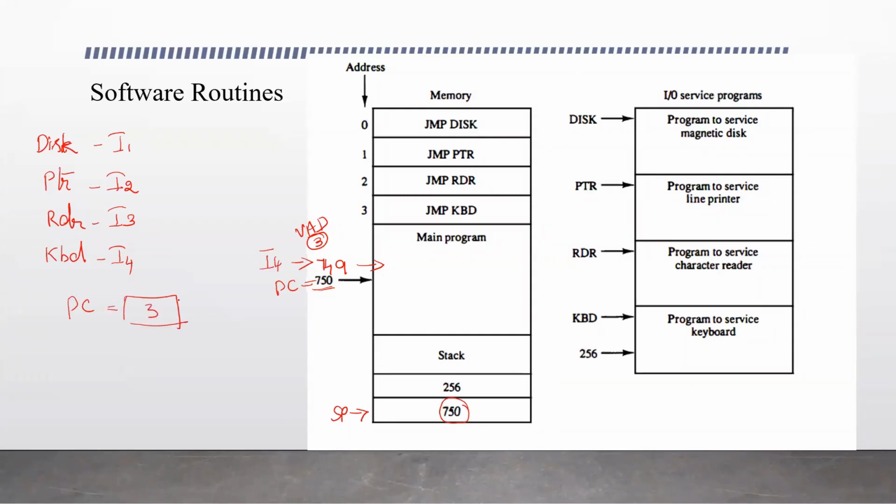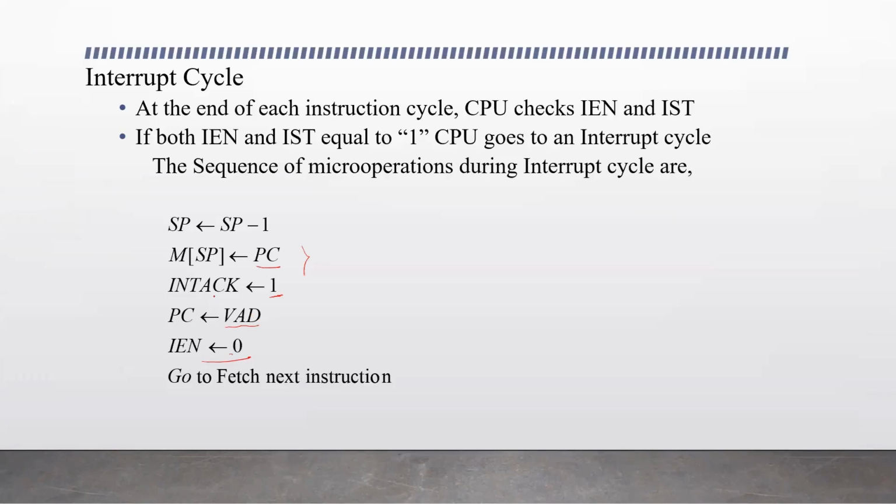So that will become the next instruction. Okay, so this way the CPU control will go to execute the interrupt service routine. So when the control comes to 3, execute the next instruction, right? This is done, PC, and IEN is set to 0 because during this transfer of control, no other interrupt is allowed. Okay, the CPU cannot be interrupted.